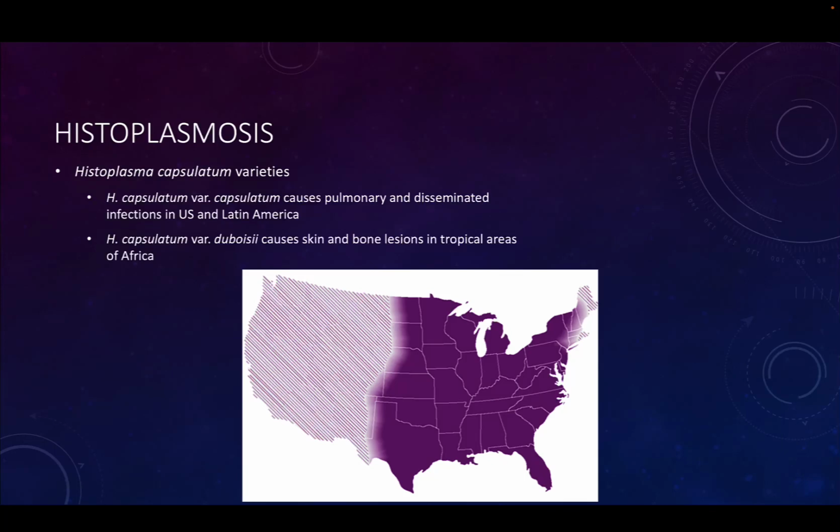Our last endemic fungal infection we'll talk about is histoplasmosis. There are a couple of different varieties. There's a species called Histoplasma capsulatum. There's a variety that we see in the US called variety capsulatum. There's Dubosii in other parts of the world. So we're going to focus mainly on capsulatum, which can cause pulmonary and disseminated disease in parts of the US